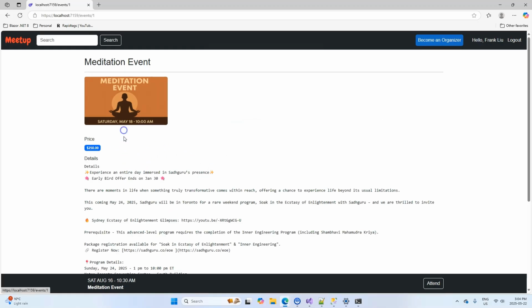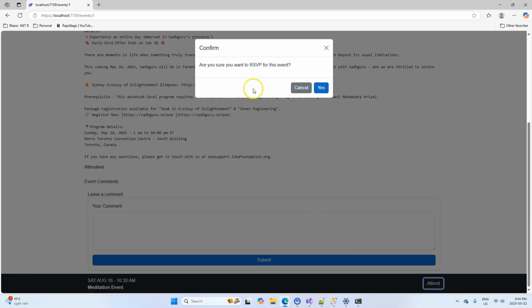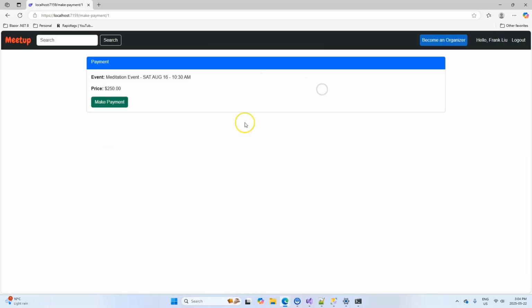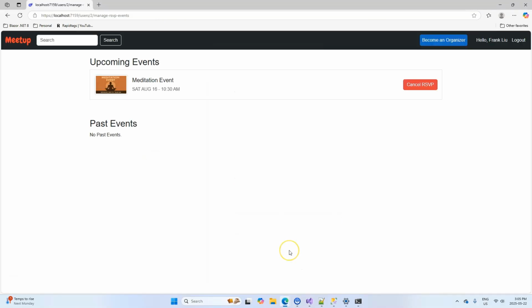transactions, which means that I need to use the event that has a price, right? I'm going to attend and it says, are you sure you want to RSVP for this event? I'm going to say yes. And then I'm going to go through the payment process, select credit card and click on pay. Okay, now it redirects me back and I'm all of a sudden in the manage RSVP event page